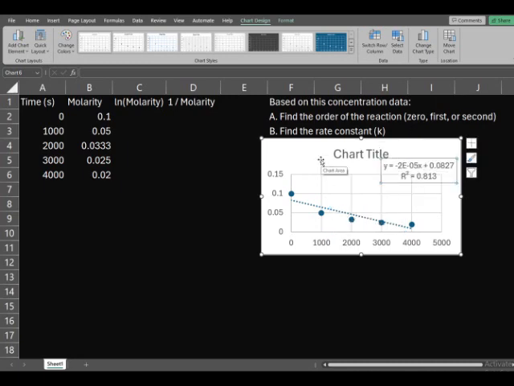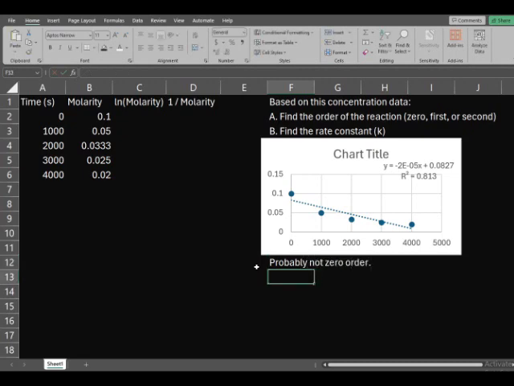And we notice our R squared value is 0.813. We're looking for an R squared value that's as close to 1 as possible, and 0.813 is fairly far away, so this tells us that this is probably not a zero order reaction. However, this could be a first order reaction, and to find whether it's first order or not, we'll go to